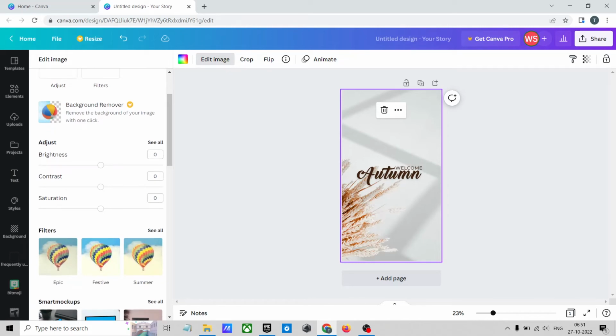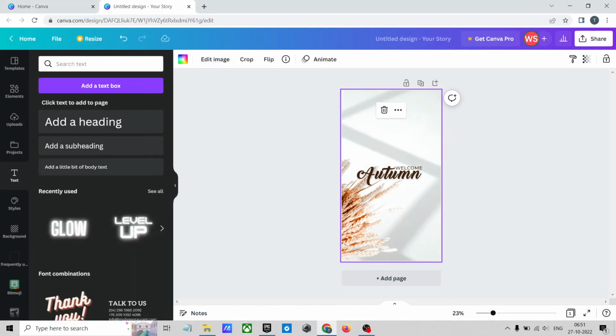I recommend using high brightness and contrast because most people use the YouTube app on their phone in night mode, dark mode, dark theme. So higher contrast and brightness will help make your thumbnail stand out from the rest. So after you're done with increasing contrast and saturation,